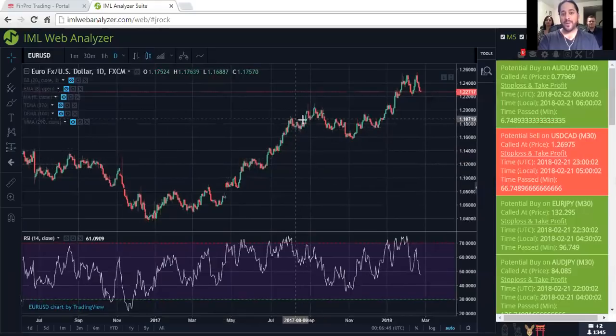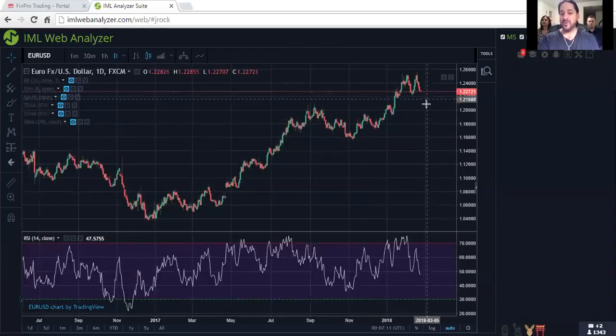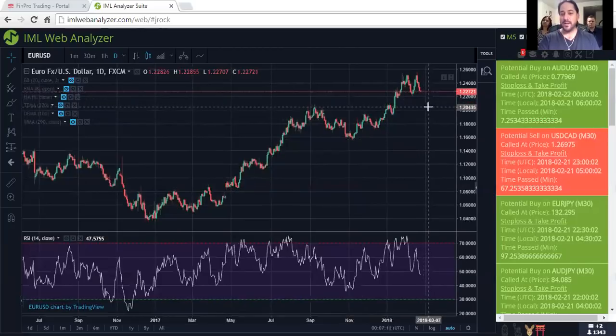Then we went way up here and we started consolidating sideways, finding support, fell through a little bit. And if we were to scroll back in time, this price point might have been a support level for a time in the past, a price support level. Then we went forward and we broke out and continued to go up. Well, then we put in what's called a double top right here, and we are pulling back. So the expectancy for this right now is to continue to go down, the Euro USD, and this is a